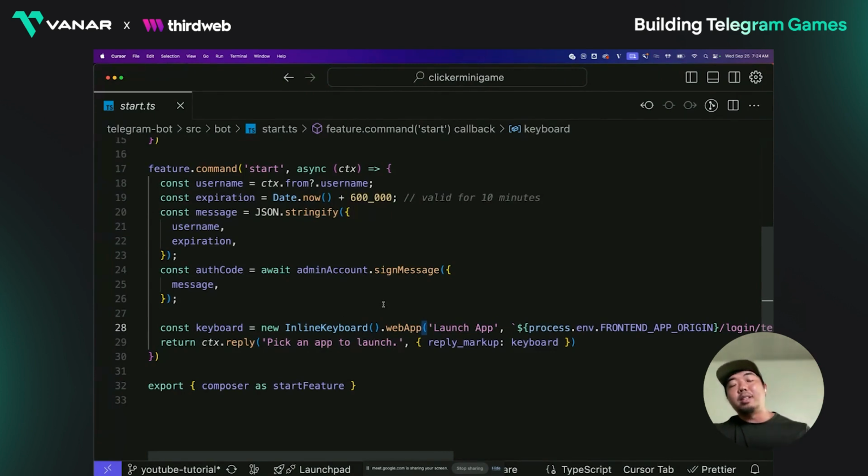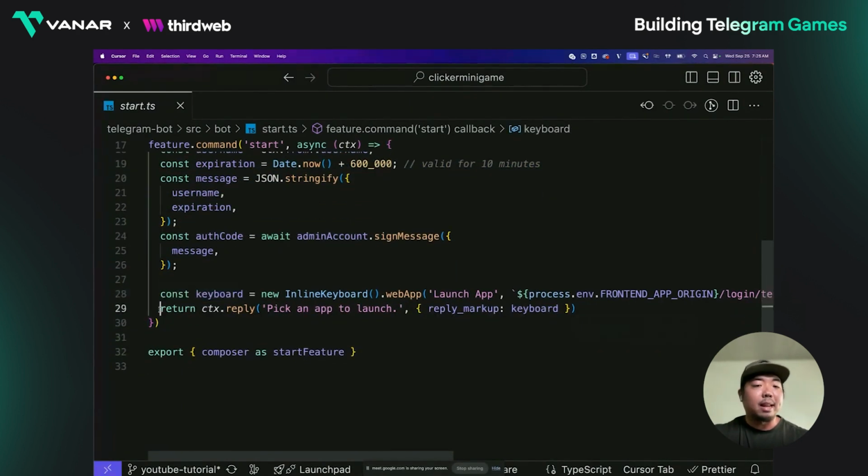And essentially what we're going to then do in our application is kind of reverse the process and verify the signature, make sure the expiration date isn't expired. And then from there, we can generate the user a wallet and connect them to our application. So in that command, that's what we're doing here. We generate that link and then we reply to them with the link button of pick an app to launch, and then